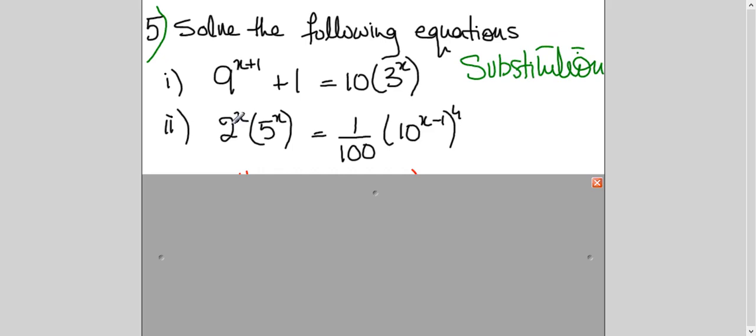But when you have no addition or subtraction between the terms, this is one term, another term, altogether it is called one term. There is no plus or minus, there is multiplication. Similarly here, there is multiplication between the terms. Then you do not go for the substitution method, you try to make the base the same. If you can remember this difference, you will not get confused.